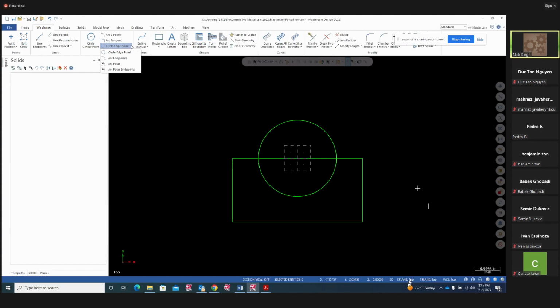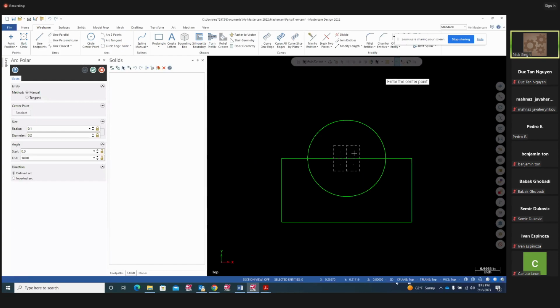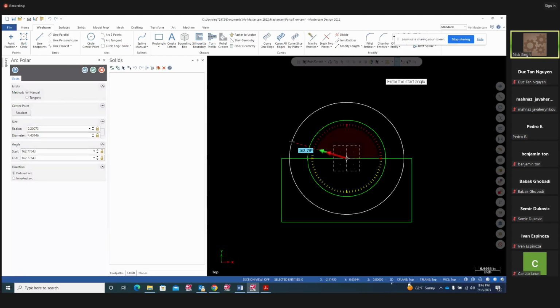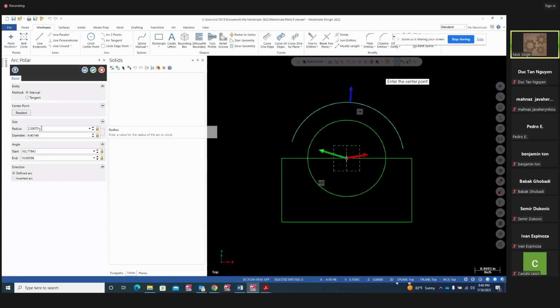So arc polar with that center point. I'm going to start from there somewhere and goes to here, and that radius is 2.5. Hit OK